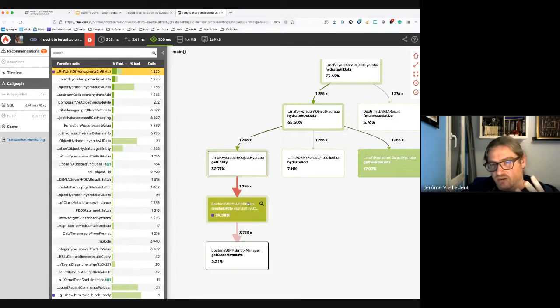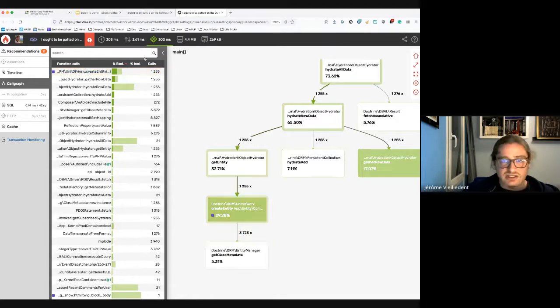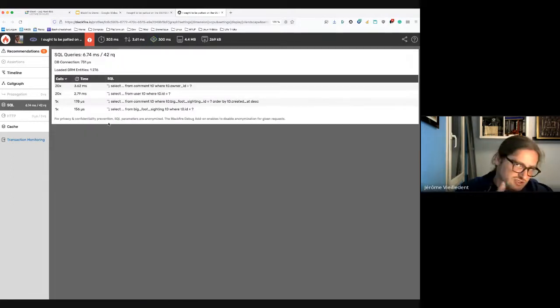So clearly here we are creating way too many entities. And actually, if I switch to another view, which is a SQL view here, I can have the details of the SQL queries. I also have this information, the number of loaded ORM entities. That's a lot.